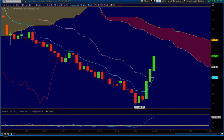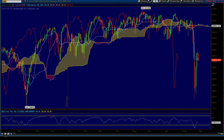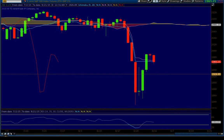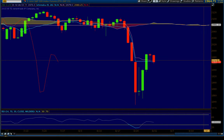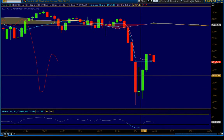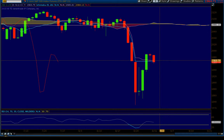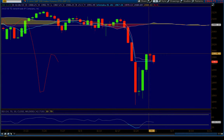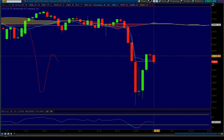So let's look at ES. Let me zoom in a little bit more so we can see the specifics of this. So ES had a kind of a rocky day today, opening up below with a significant gap down below the Tenkan Sen and the Kijun Sen, and then traded up to this resistance area that I've been talking about for a while, which is around 1988. In fact, it didn't quite tag 1988; it tagged 1987.75, and then proceeded to turn around